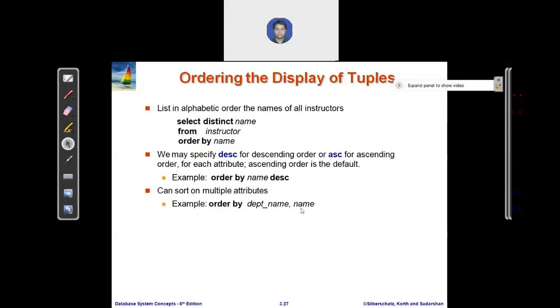If in the department two employees have the same department, it will then apply the order on the name. First apply the order on the first column, department name, like computer science, and if in computer science there are 2 employees having the same department, then apply the ordering on the second column, which is name.